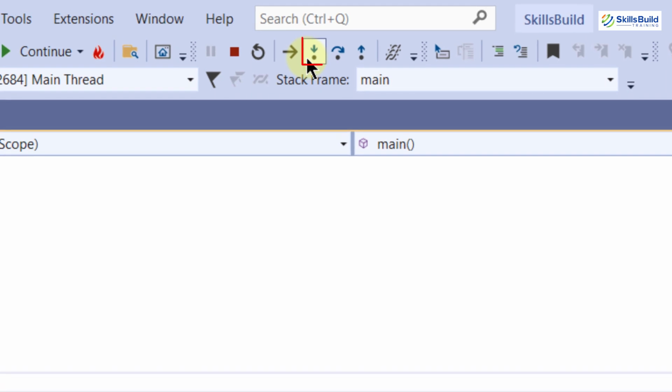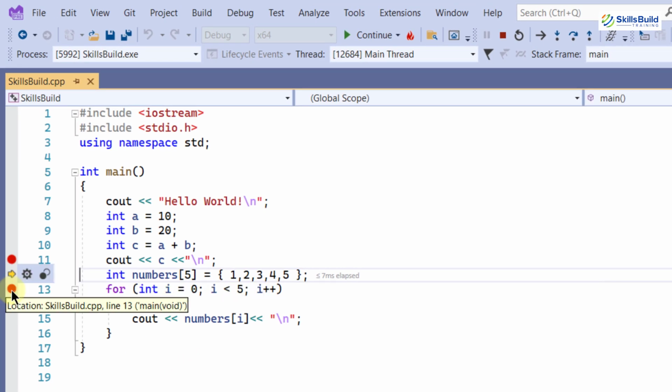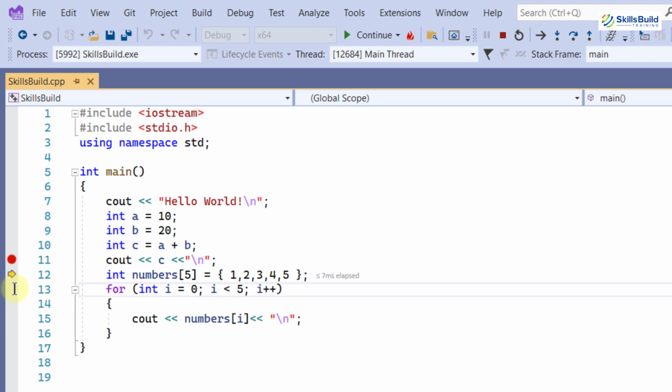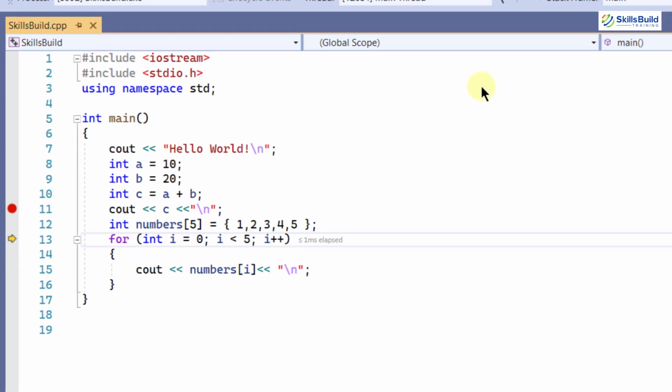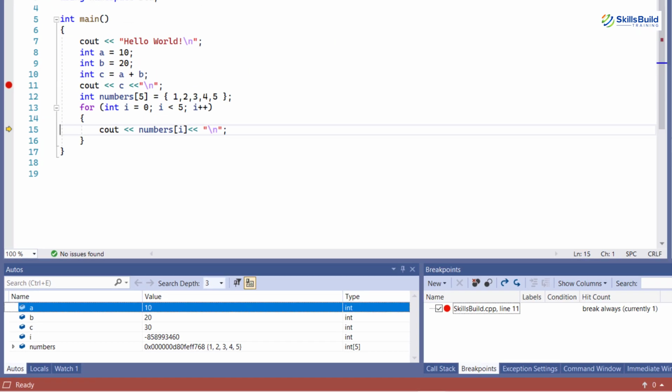And in the debugger we have three more options which say step into, step over, and step out. I will click on step over, and it will move one line further. Here you can see our arrow is moving one point ahead. I will remove this breakpoint. For that, just click on it again, and we do not have that breakpoint anymore. Now I will click on next again, and here you can see with every click we are having different outputs. I will click on it again,